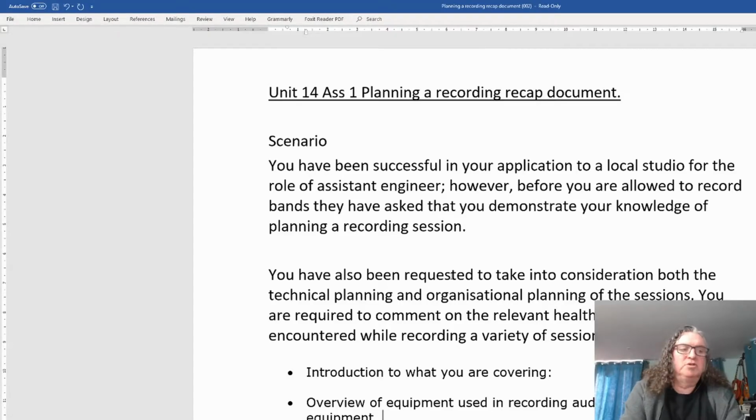Right, first off, what we want to do is have a look at the scenario. You being successful in your application to a local studio for the role of assistant engineer. However, before you're allowed to record bands, I've asked you to demonstrate your knowledge of planning a recording session. That's the key bit. It's the planning bit that we're after. So you're going to need to understand the equipment, understand the processes of what goes into doing a recording, and what the actual bits are, kind of behind the scenes,